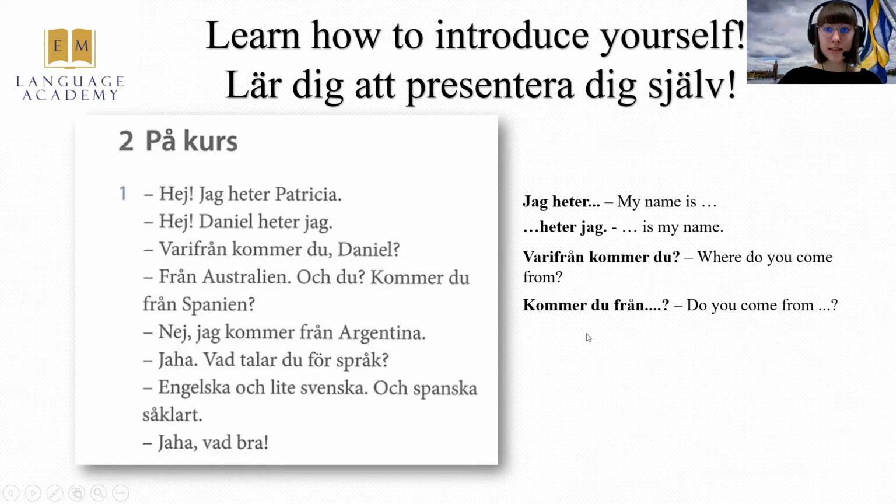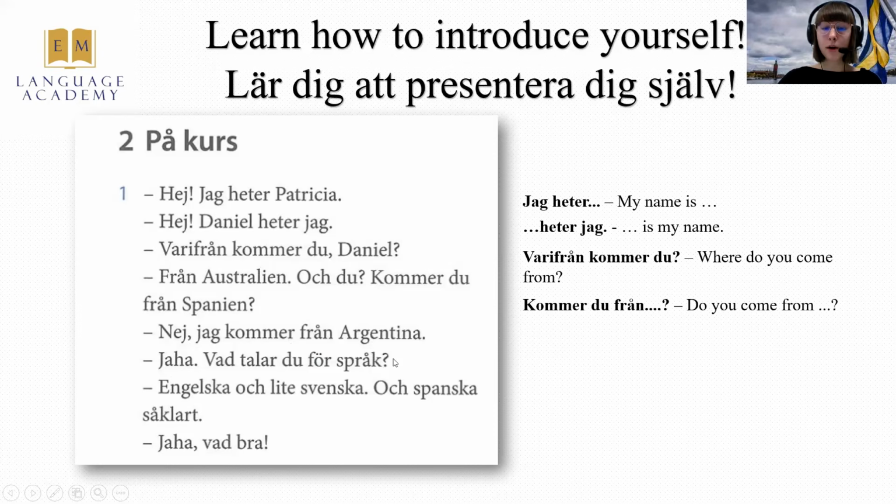Another type of question. This time, it does not start with the question word. Instead, it begins with the verb itself. Kommer du från? Do you come from? And then we say the name of the place. Now this du is a shortened version of a question, och varifrån kommer du? Right? Swedes are very simple people, so if they can shorten something, they are going to do so. So it is an identical structure that we have in English, right? And you can use the same thing in Swedish. Och du?